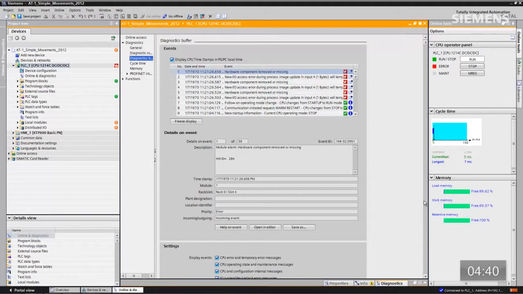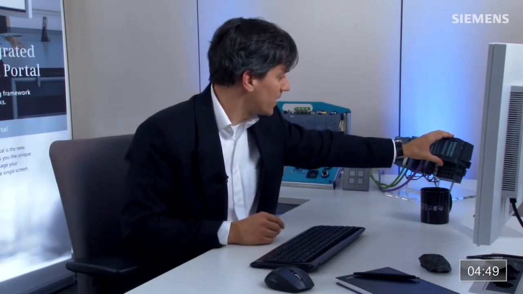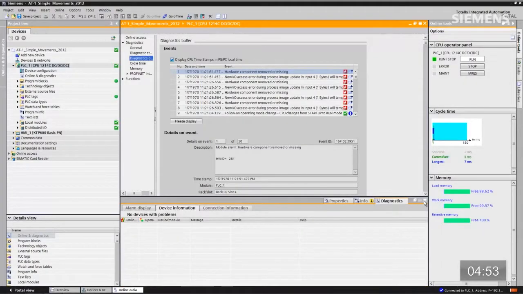It is an error for rack 0 slot 4, and it says this hardware component is removed from that particular rack. That is correct, so I can solve the problem easily. Let me put this back in the rack real quick. Problem is now solved. Goes back and it scans everything, and we have an outgoing message, and everything is now